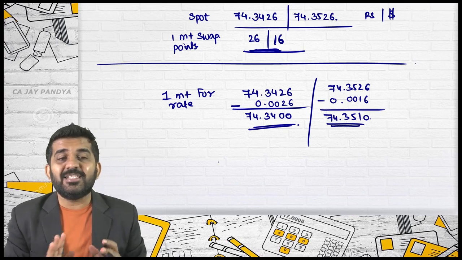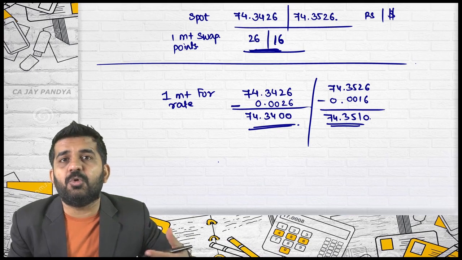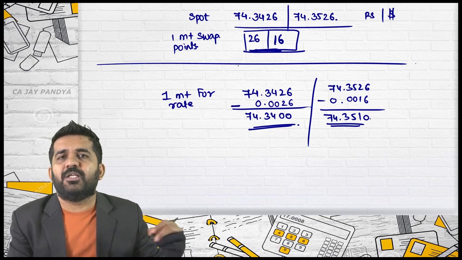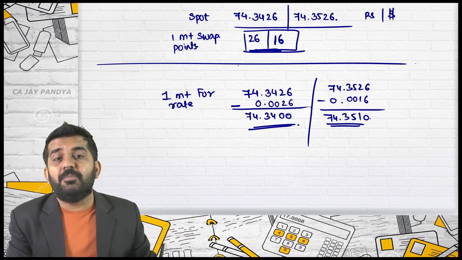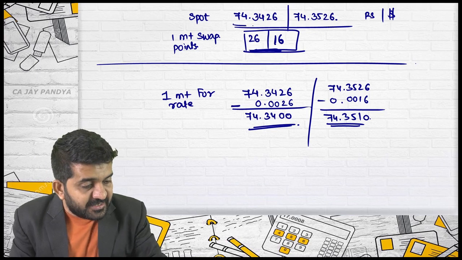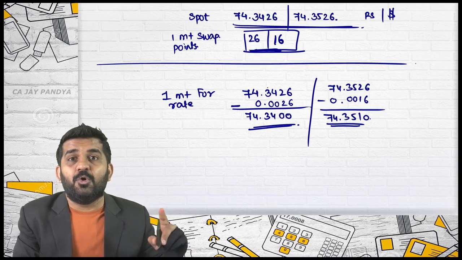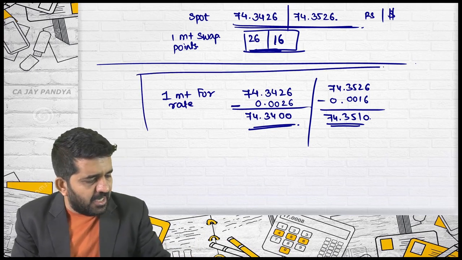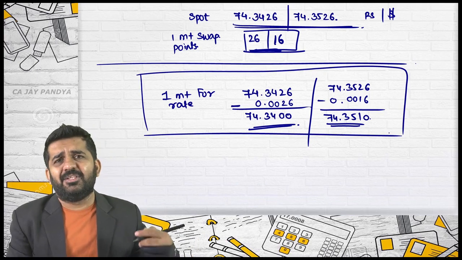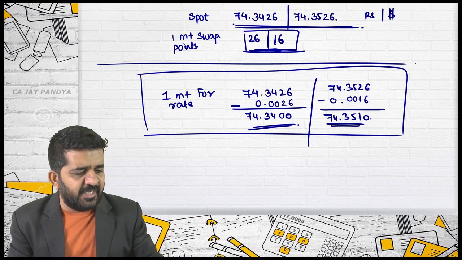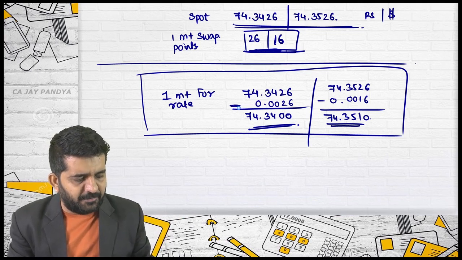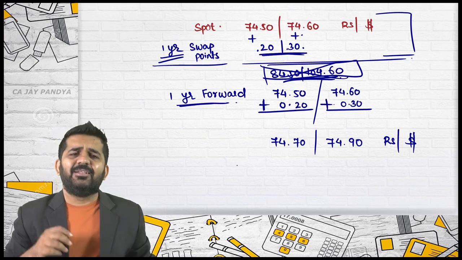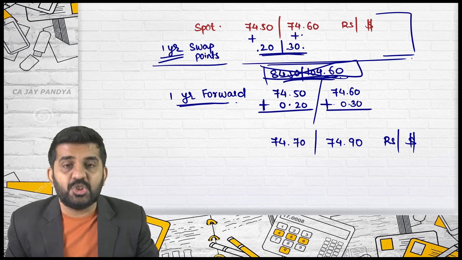So this is just a tradition which you need to understand while you are doing forex, that even if this rate is written 24 and 26 and 16, it does not mean it is actually 26 and 16. Seeing this, the rate is 0.0026 and 0.0016. Is it all right? This is how the swap points are used. And I think you are extremely clear that if they are in descending order, it should be subtracted. If they are in ascending order, it should be added. And this is very simple. But understanding this is very difficult.